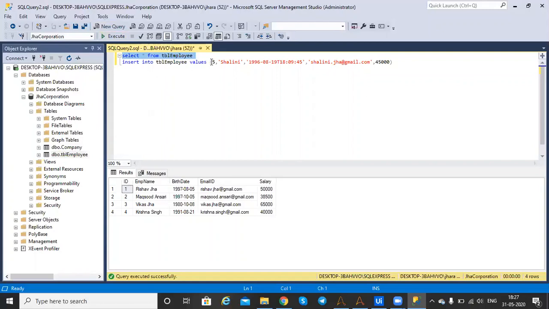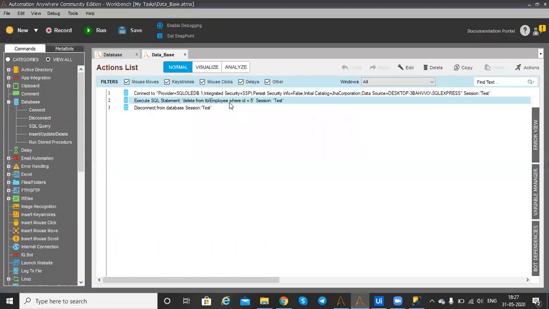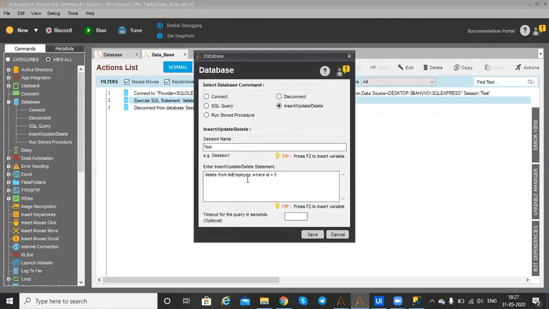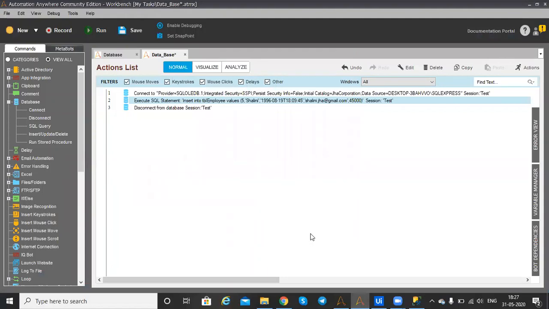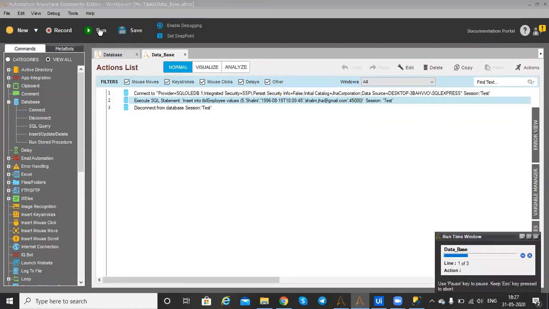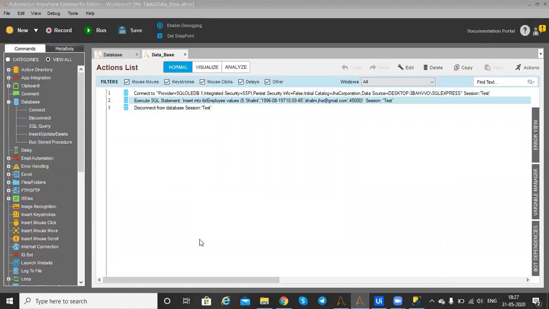Now I will insert the data. For that we copy and paste it and save.